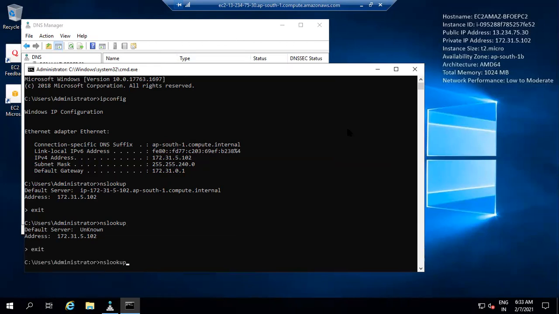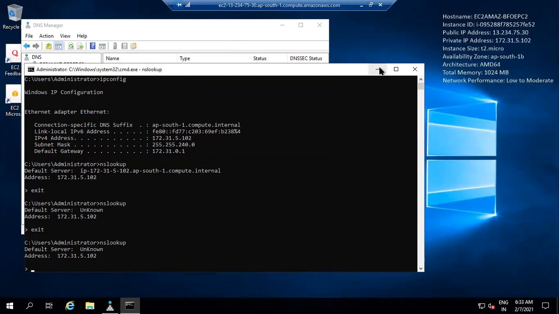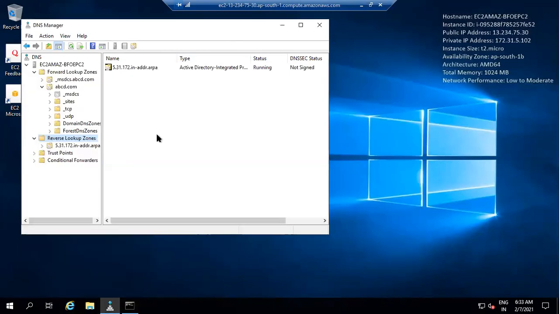It's not showing me. Now you all should fix this issue. What is missing in DNS? Its status is saying not signed. No, that is nowhere related to your DNS. It's already created.